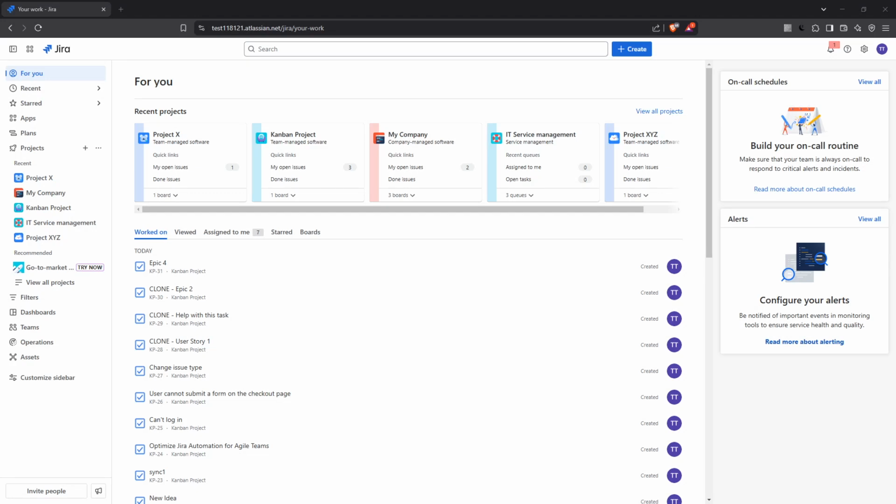In today's video, I'm going to teach you how to edit the screen to move and remove fields in a Jira Cloud project. Whether you're managing an existing project or just fine-tuning your workflow, editing your screen can be crucial for maintaining clarity and efficiency. Let's dive into the process step by step so you can easily tailor your Jira screens to better suit your